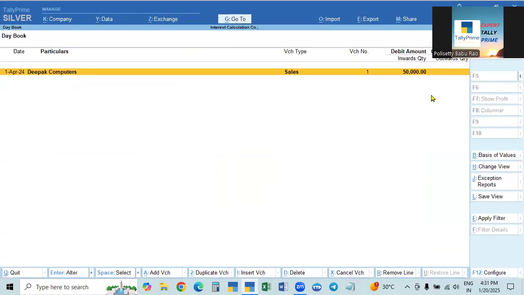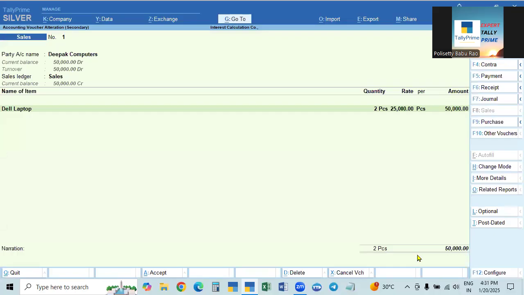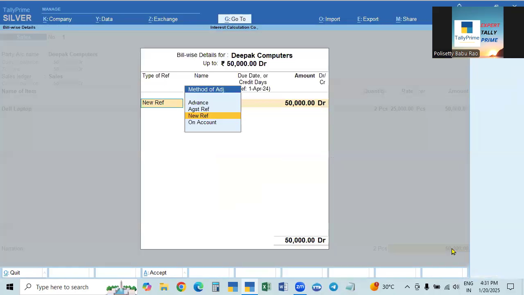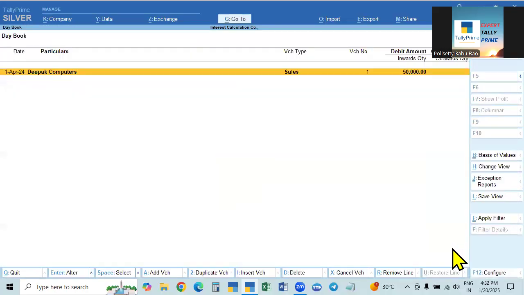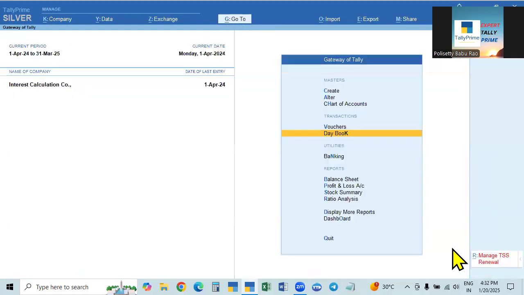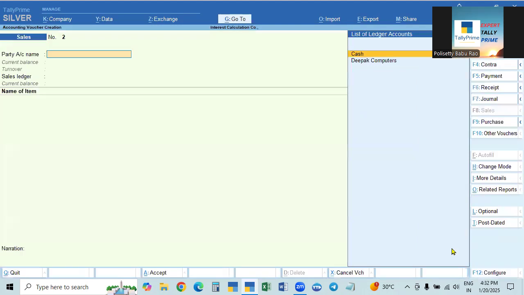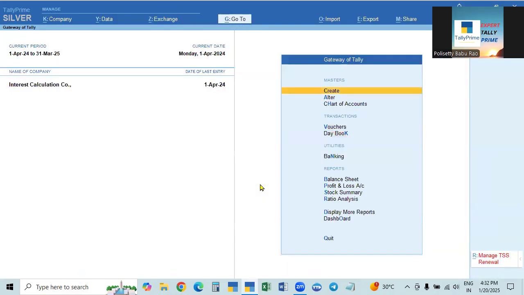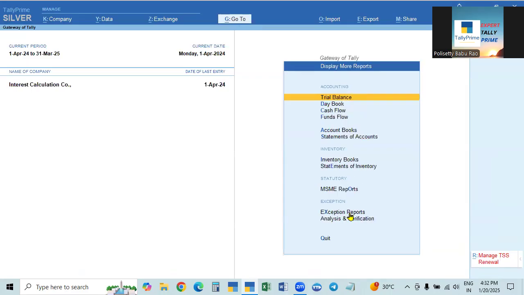We sold goods and made an entry, and here, this is number one. So a 50,000 entry is made. After completing the first entry, we have to calculate the interest. Generally, what we do is we go to Gateway of Tally, then display all reports, statement